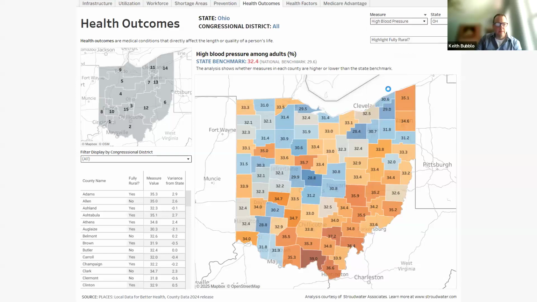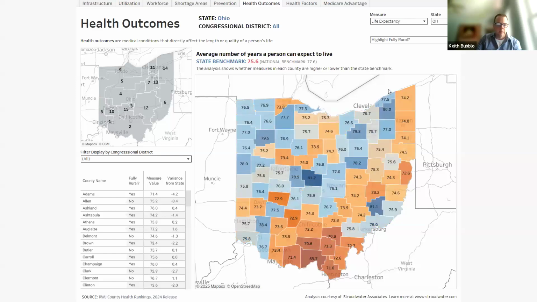Yeah, in the case of life expectancy, most of the stuff is from the CDC, looking at their 2024 release. In this case, the life expectancy is from Robert Wood Johnson, and it changes down on the lower left. All right, and then lastly,